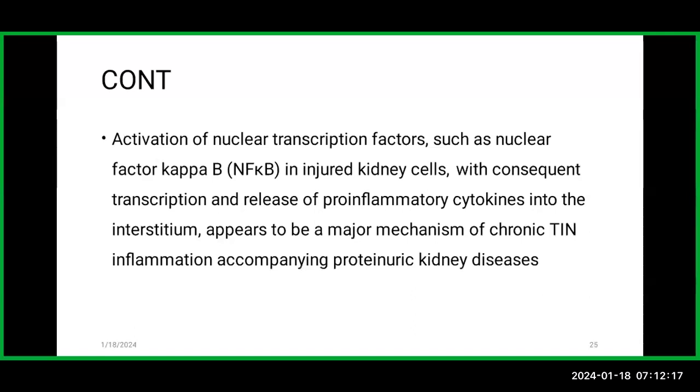Activation of nuclear transcription factors such as nuclear factor kappa B in injured kidney cells, with consequent transcription and release of pro-inflammatory cytokines into the interstitium, appears to be a major mechanism of chronic TIN, with inflammation accompanying proteinuric kidney